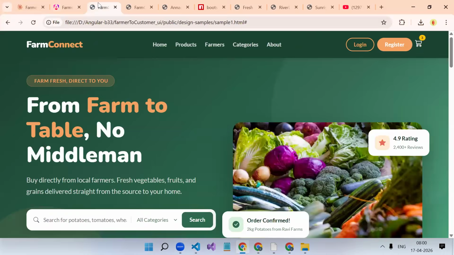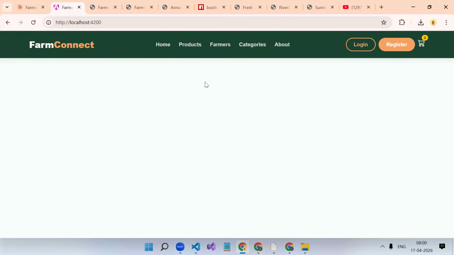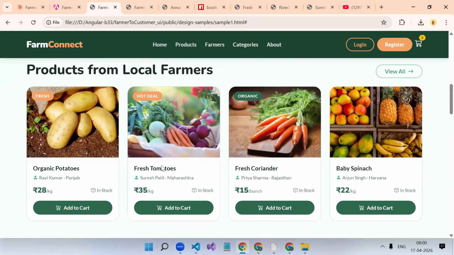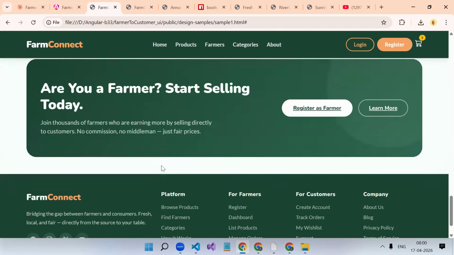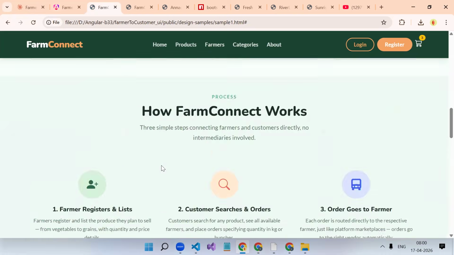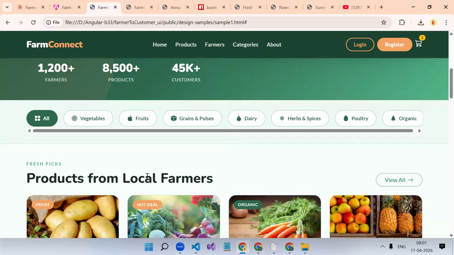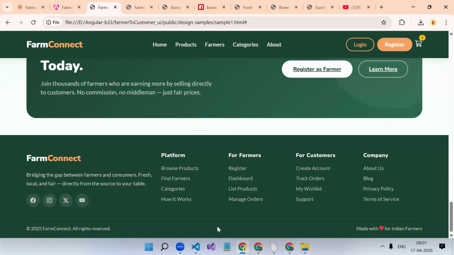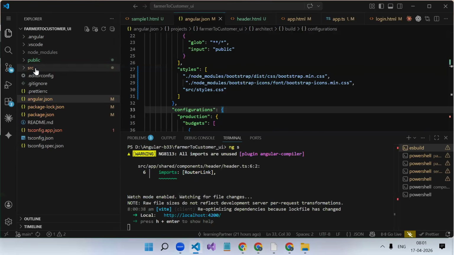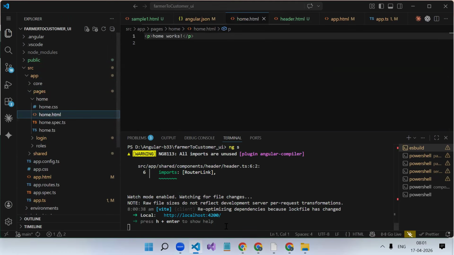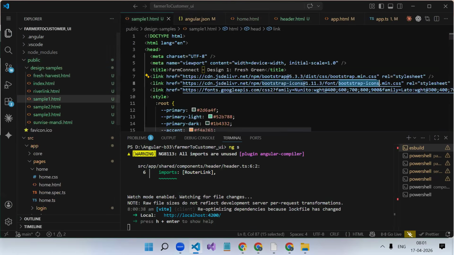Okay. So what we got now is the same look and feel, and the navbar also. Now all this content will be in a different component. We will call it the home page. Apart from the navbar, whatever you see over here is your home page. So we will create one more component. I think we created it, yes, we have the home component. Okay. So after the navbar,